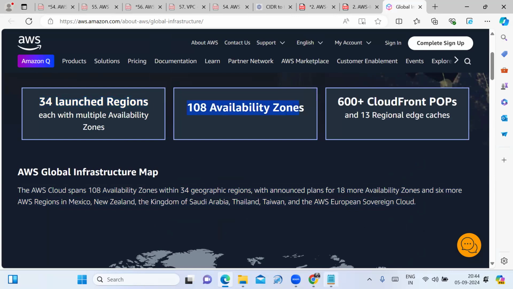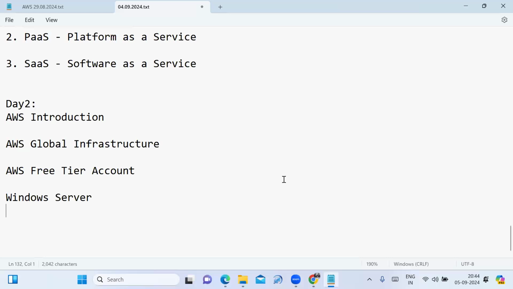Sir, you may have a doubt. What is an availability zone? This option is not there.